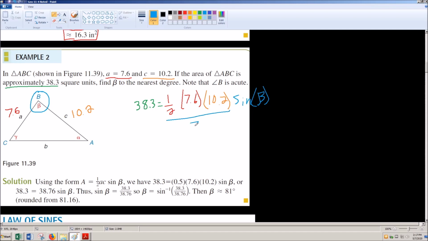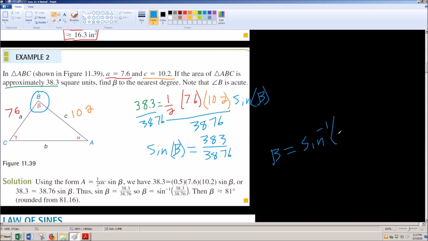So I'm going to divide by 38.76, divide by 38.76. So now I have sine of beta is equal to, and I'm just going to leave it as this nasty thing, 38.3 over 38.76. So now as I'm looking at this thing, I'm saying, okay, well, how do I solve for this? I need to take my inverse sine. So my beta value is going to equal, and this is an exact answer, inverse sine of 38.3 over